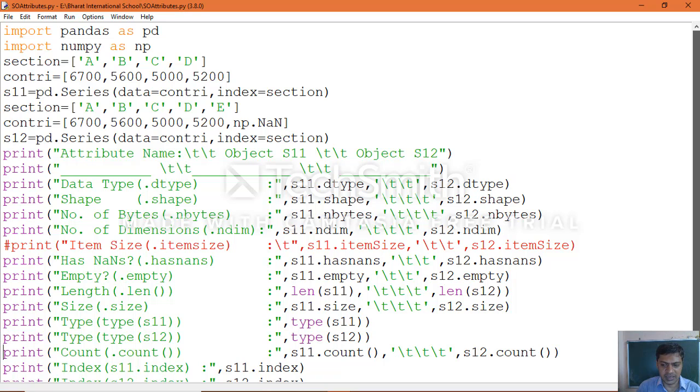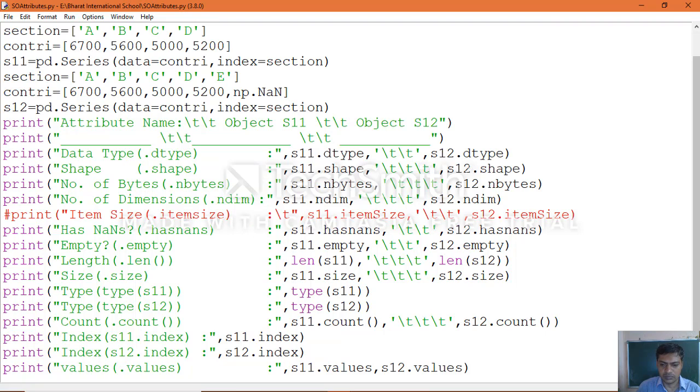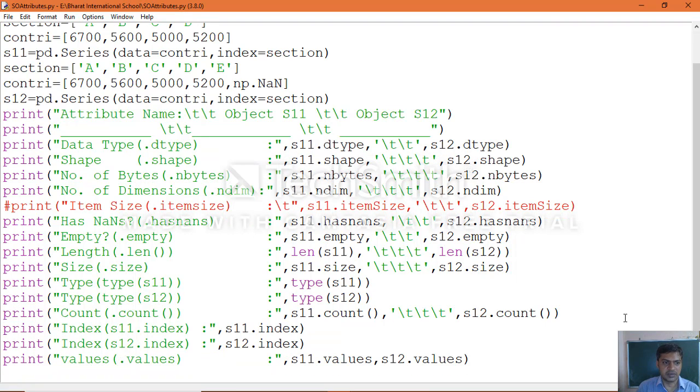Now we know how we can retrieve the object information with the help of attributes: attributes like index, values, shape, dtype, size, nbytes, ndim, emptiness, hasnans, length, count.